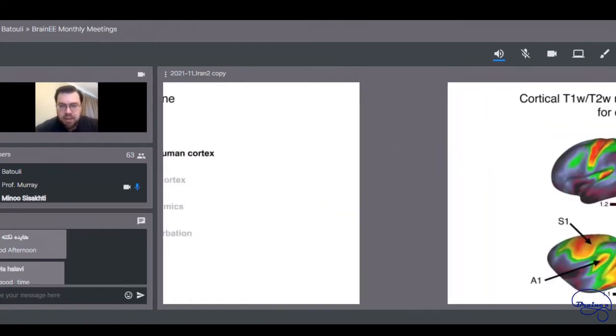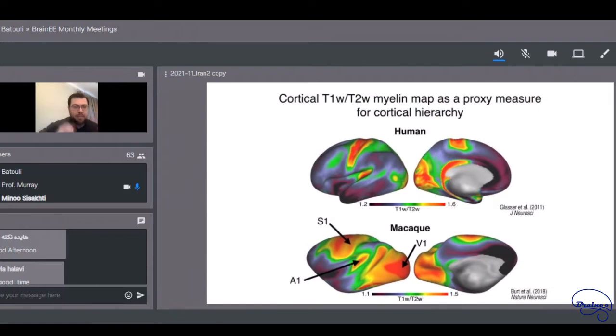Okay, so let's get started on the first part. So the first part is, how do we even think about cortical hierarchy in the human, right? Because what I showed you in Felleman and Van Essen, that was based on invasive tract tracing in the monkey. And so what we looked at here was a proxy measure that we can get from human structural MRI, which may be able to track hierarchical variation. So here we looked at what's called the T1w/T2w map, which is just a structural contrast in MRI. It's thought to reflect the intracortical myelination level, how much myelin is in gray matter.